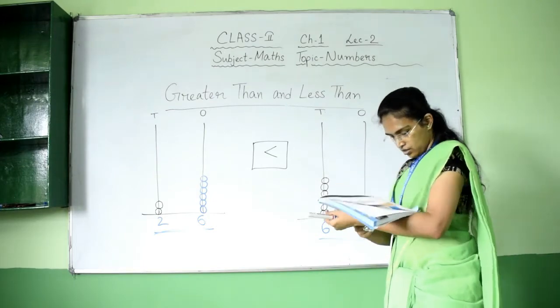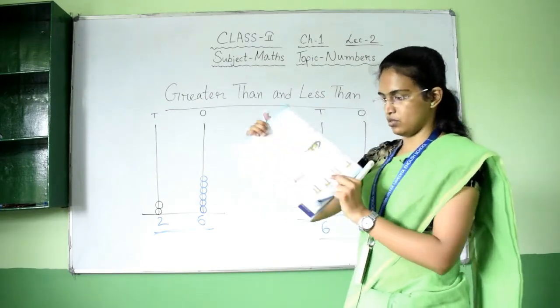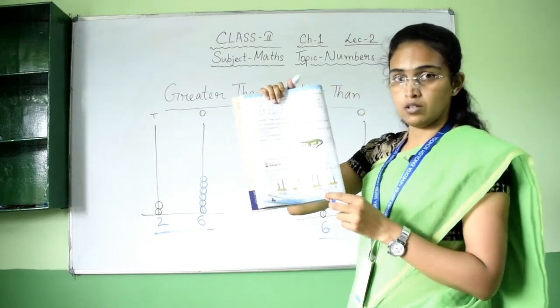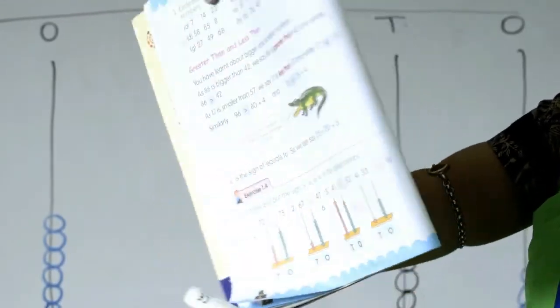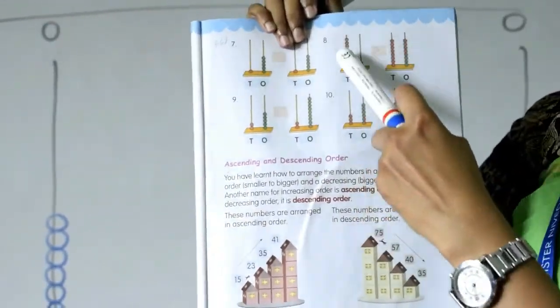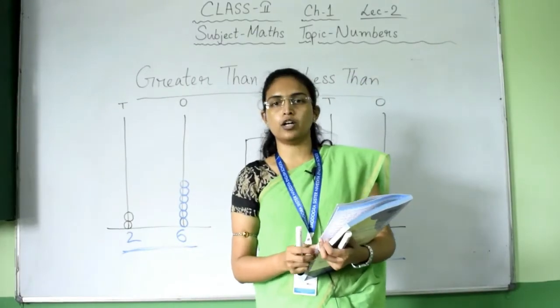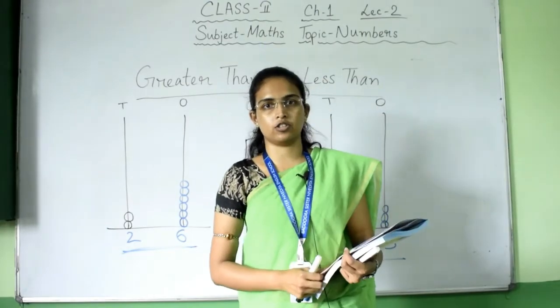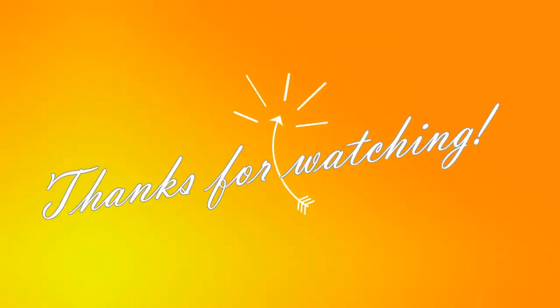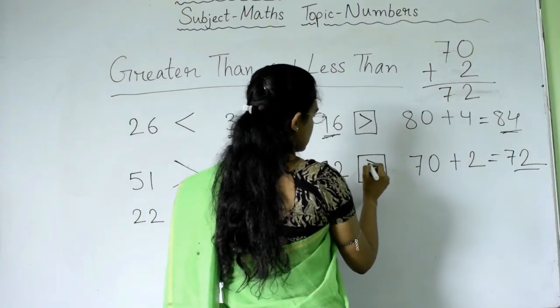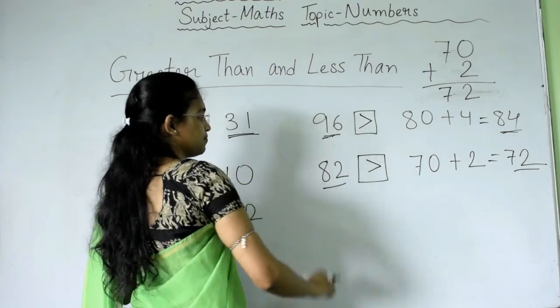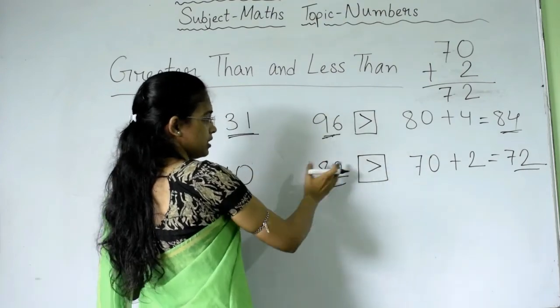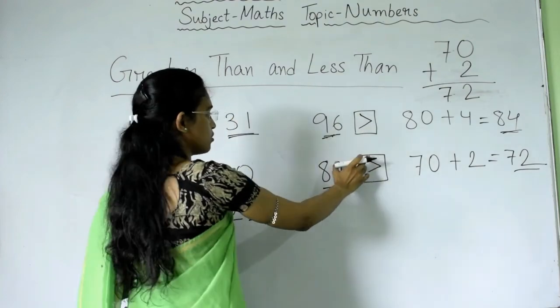Okay, now in this way you have to complete these sums. Exercise 1.4, do all these sums and this one also. Okay, for today this much. We will continue this in our next lecture. That means in this side the crocodile's mouth is open, so if the crocodile's mouth is open in the left side,